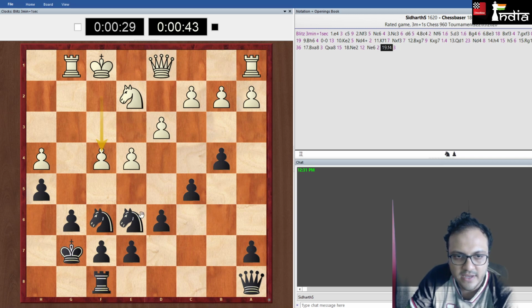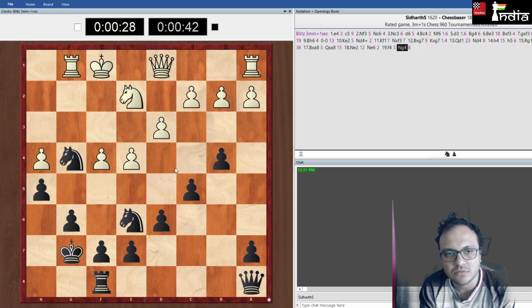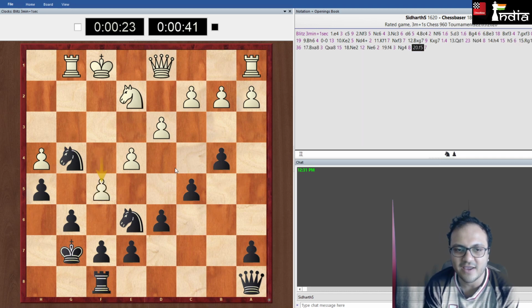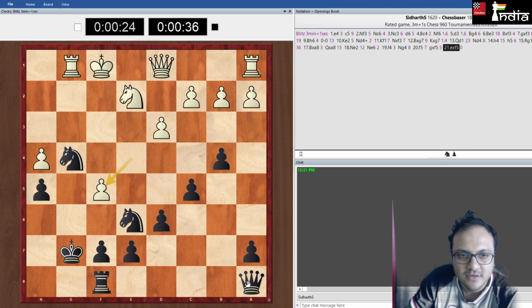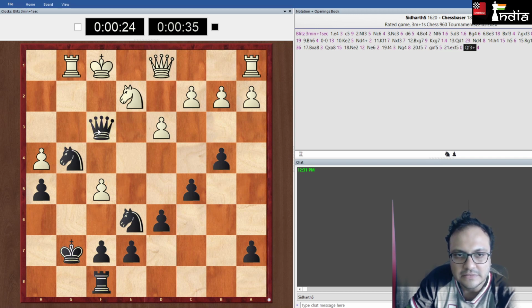Okay, let's play knight to g4. f5. Siddharth likes to attack. Let's take. Take. Can I go queen f3 check? Seems risky for him already.